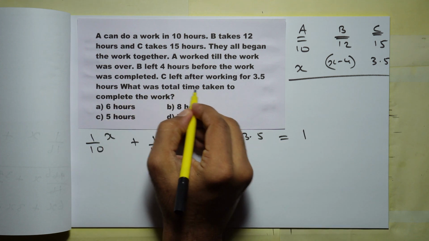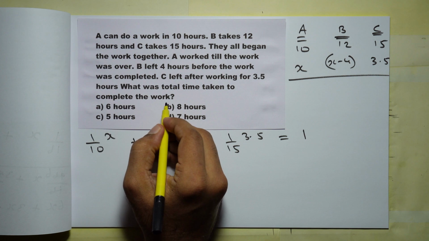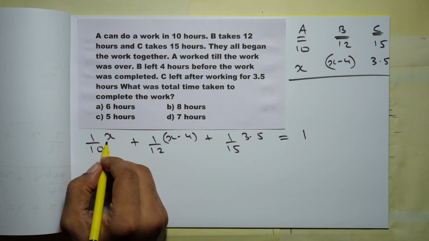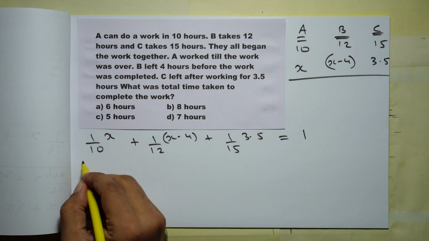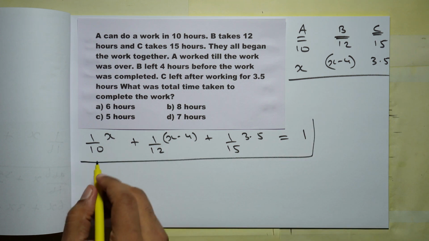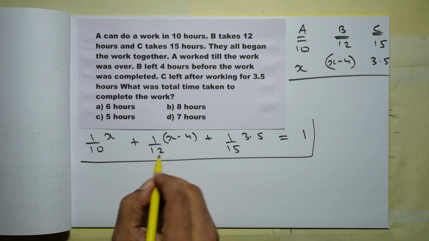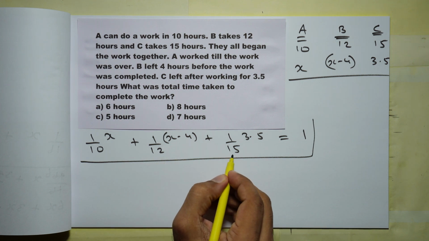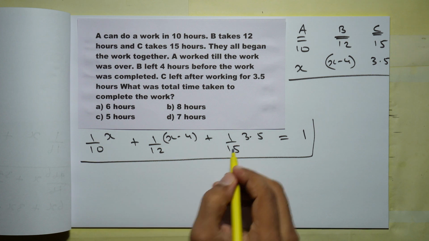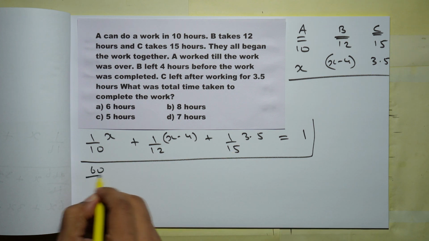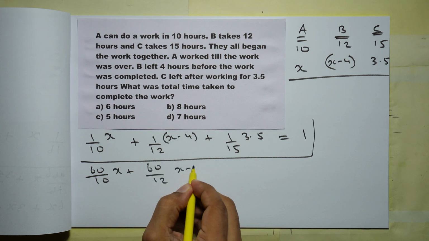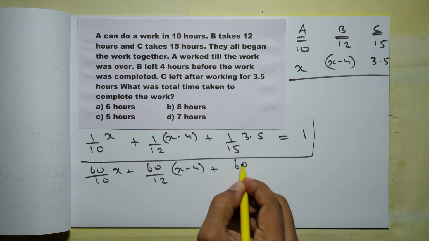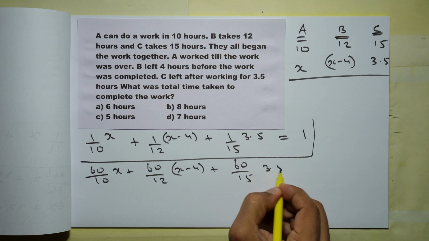Question is, what was the total time taken to complete the work? Total time required is x hours. And we can just solve this equation and calculate the value of x. To solve this equation, we'll multiply by the LCM of 12 and 15, that is 60. Then all the denominators will go off. So 60 by 10 into x plus 60 by 12 into x minus 4 plus 60 by 15 into 3.5